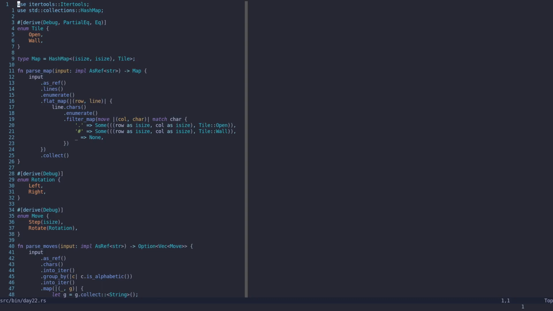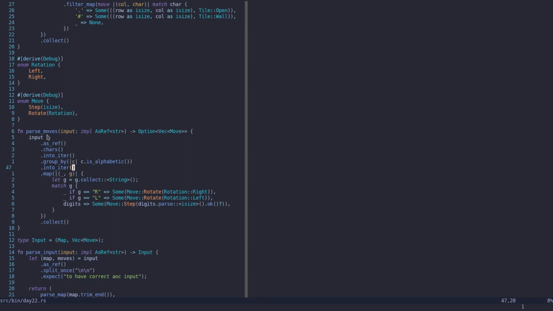So yeah, basically I thought that we should keep the map as a hash map, and in this hash map we keep the open tiles and the wall tiles. So we just have to enumerate all the lines and all the characters in each line, and we just build this hash map and keep only the characters that are either dots or hash symbols, and also parse them into their respective tile type. Then to parse the moves, I split that line of movements into characters, and then I